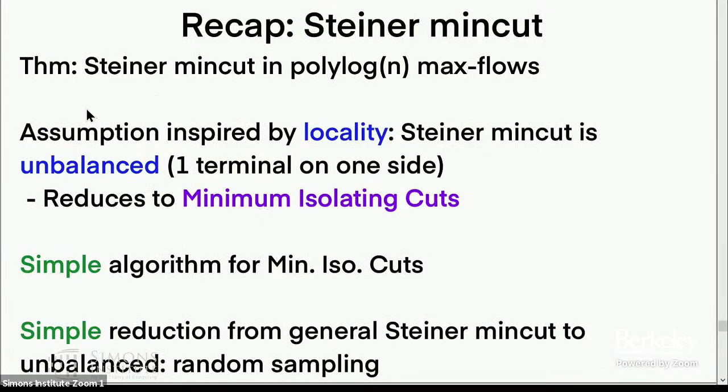So as a recap, what happened was we assumed this locality assumption that the Steiner min cut is unbalanced, one terminal on one side. We formulated a problem that captured that instance and solved it. And then finally, we established a simple reduction from general Steiner min cut to this unbalanced case by random sampling. In terms of Steiner min cut, this simple algorithm is state of the art. Previously, nothing was known, even sublinear in R max flows. So nothing non-trivial was known in the general case for Steiner min